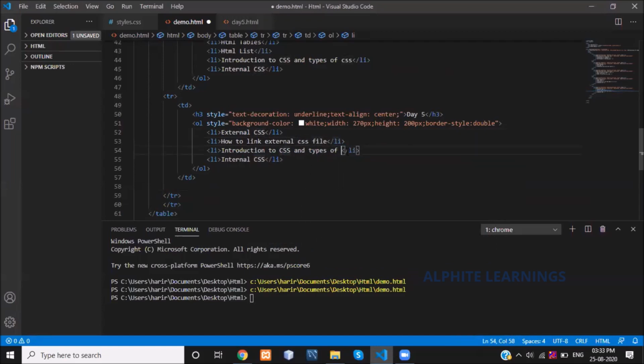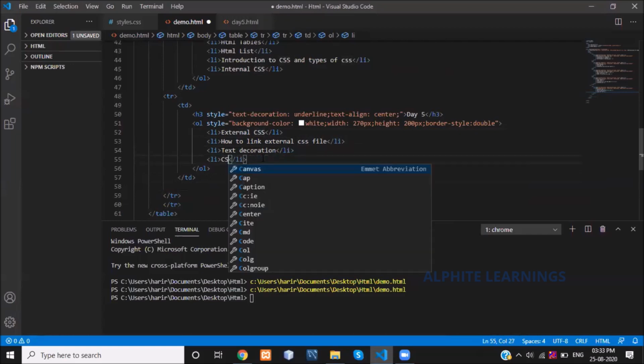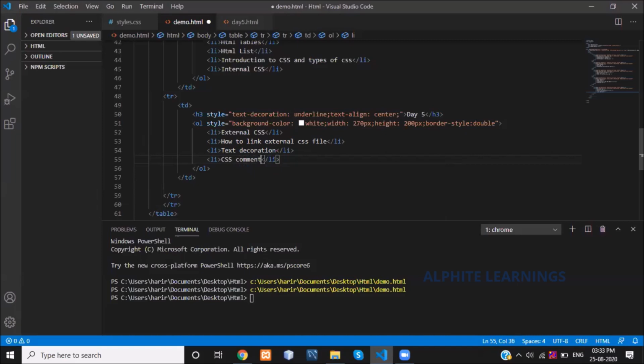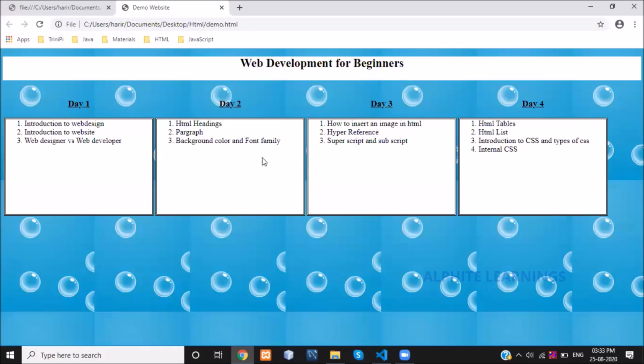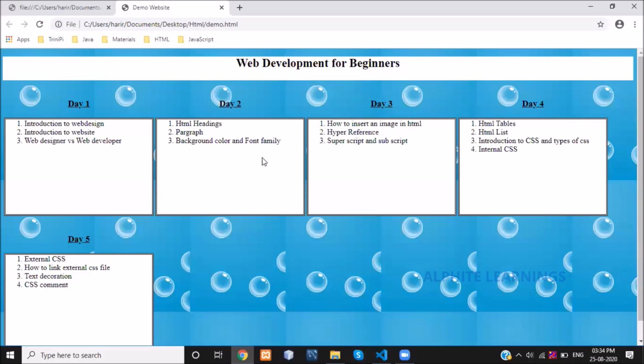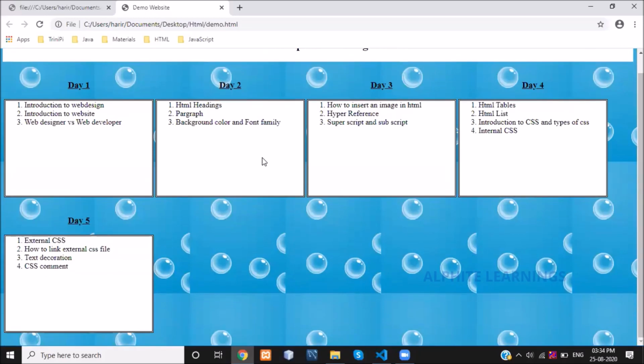Let me mention some other topics we have discussed: text decoration and CSS comments, how to give a comment. These are all the things we have discussed in day 5. Let's see how it is replicating in my web page. See, it got to my new row, right?